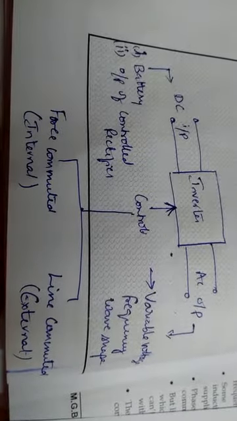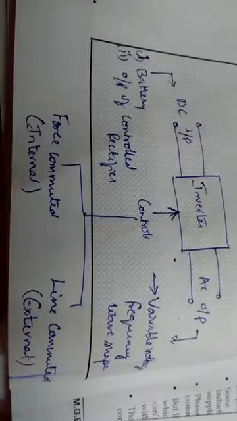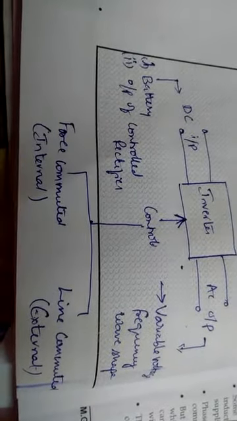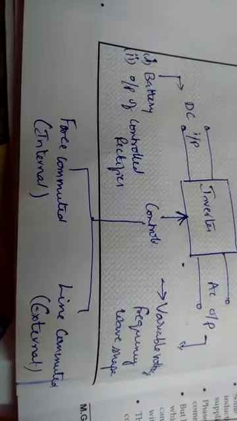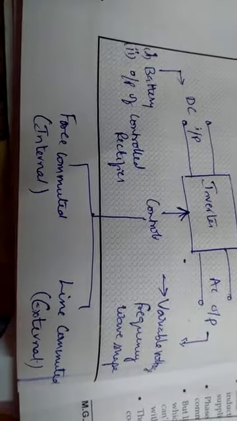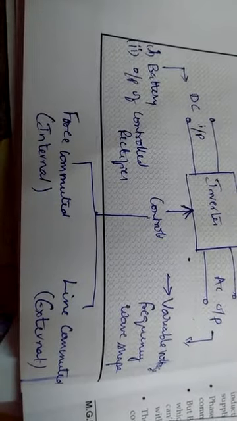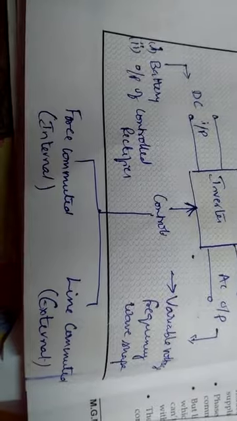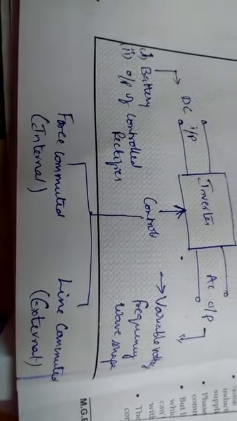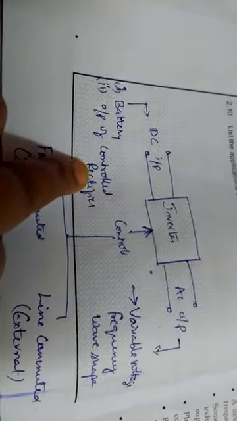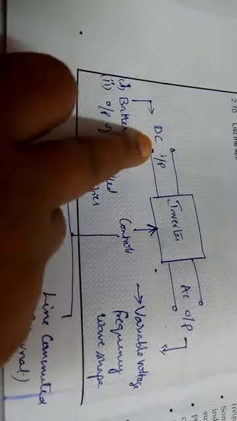So as we see, DC input can be of two types. Where from we get DC? We can get DC from a battery, or we can get DC from a controlled rectifier also. Output of a controlled rectifier will be DC. So either way we can get DC input as shown here. So battery and also controlled rectifier output, they can provide us the DC input. Similarly, we are going to get AC output.